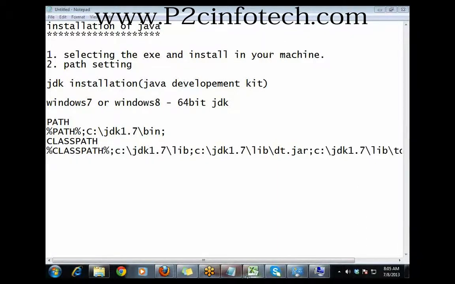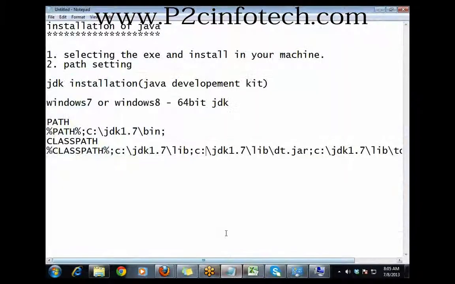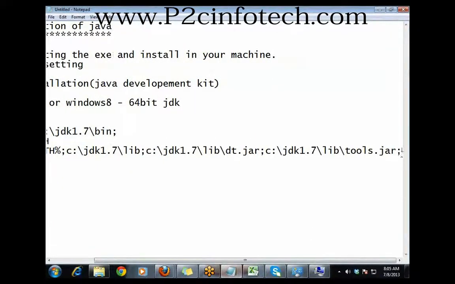Move on to the next step: basic structure of a Java program. This is very important.